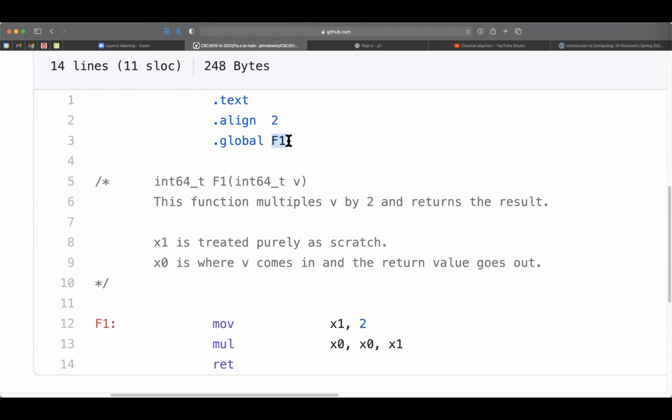So now it's important to understand the calling convention. For Linux, this is not true on all OSs. On the ARM, the first parameter